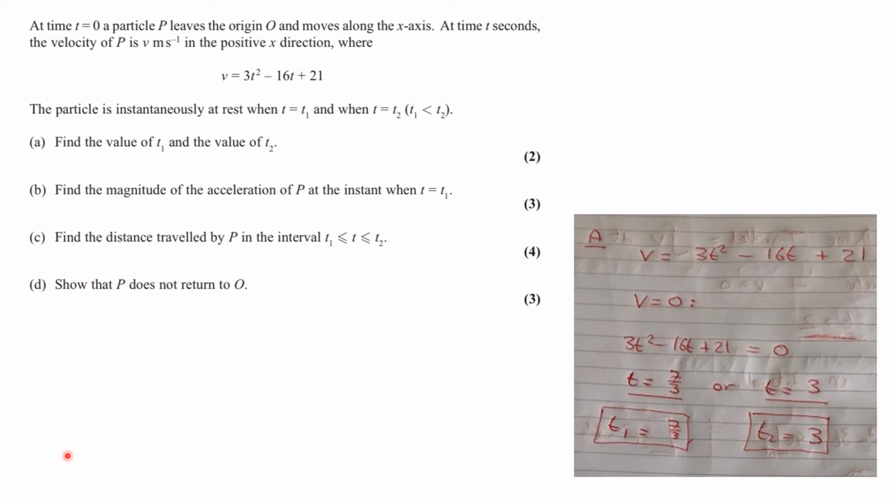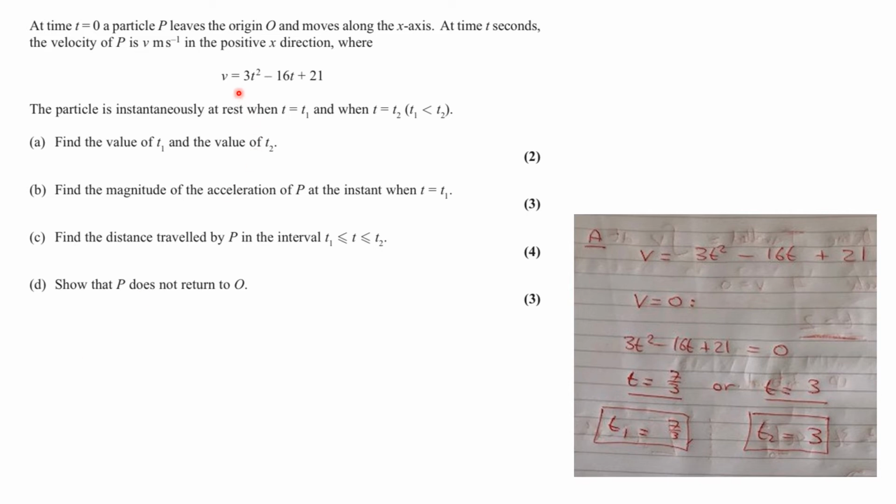Right, let's move on to part B. Part B says, find the magnitude of the acceleration. This is not too difficult. Again, referring to your flowchart, the acceleration is found by differentiating velocity. Acceleration is the rate of change of velocity. So all we have to do is